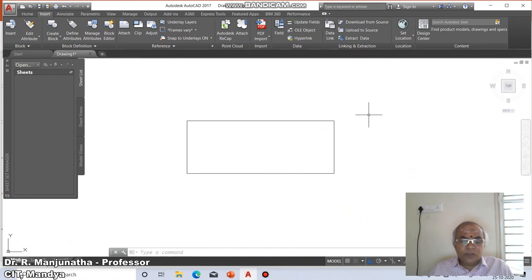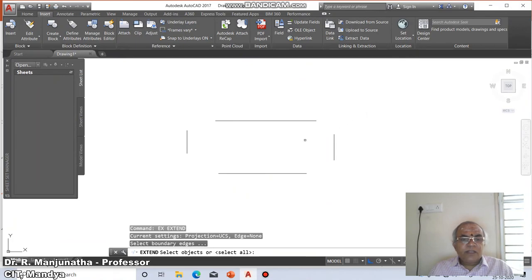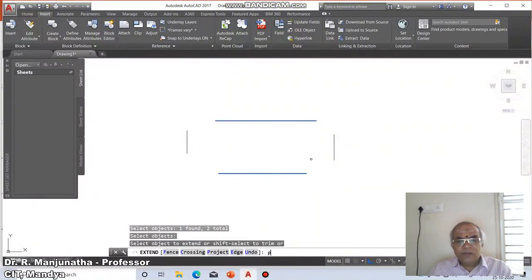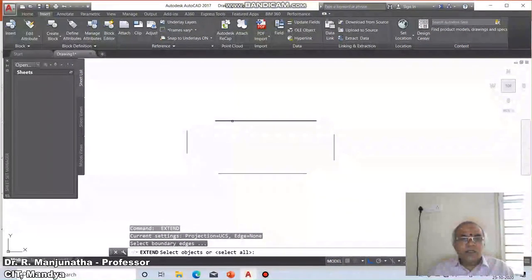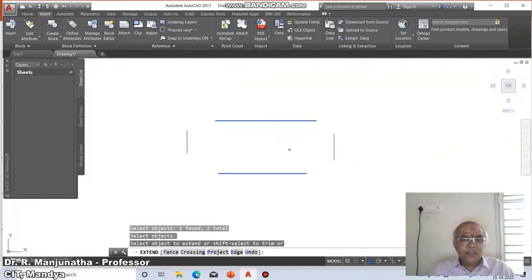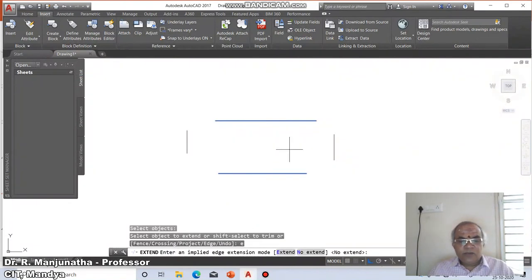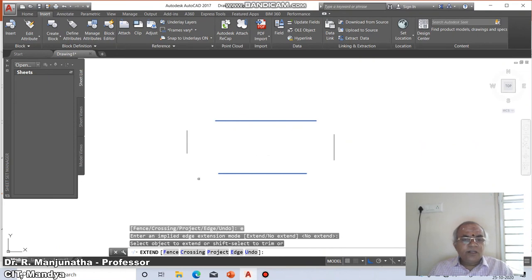Suppose I say extend, then boundary edges, I select these two, then I say project, then extend, select objects, I select these two as the boundary edge, then edge, I say no extend, by default no extend, select object to extend. So it will not be possible: path does not intersect with the edge.